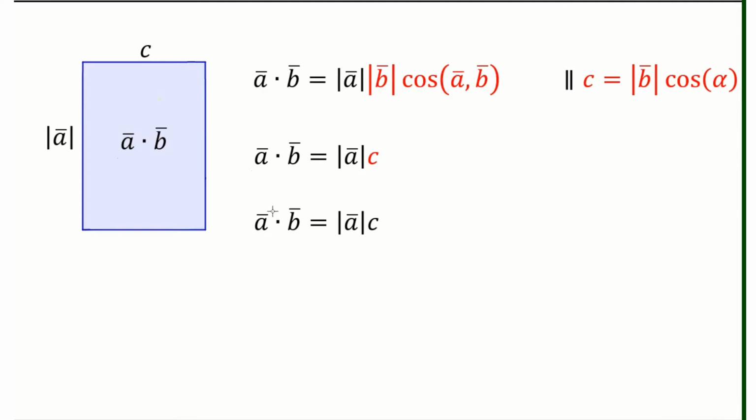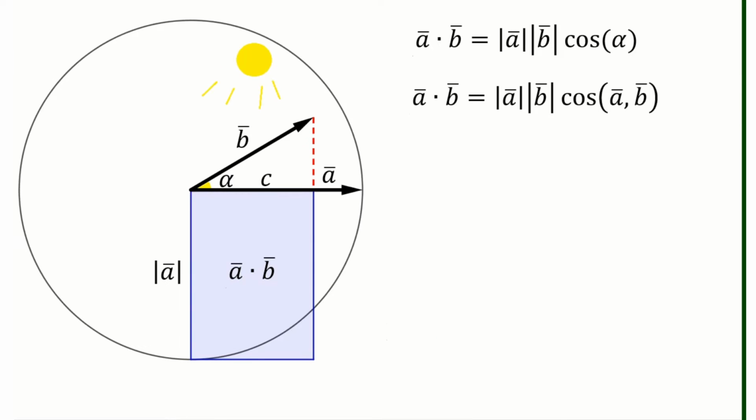And now you can understand that when this angle grows, this is coming up and up and up. And when it does so, this area gets smaller and smaller until this vector B is perpendicular to vector A, in which case the projection of vector B on vector A is 0,